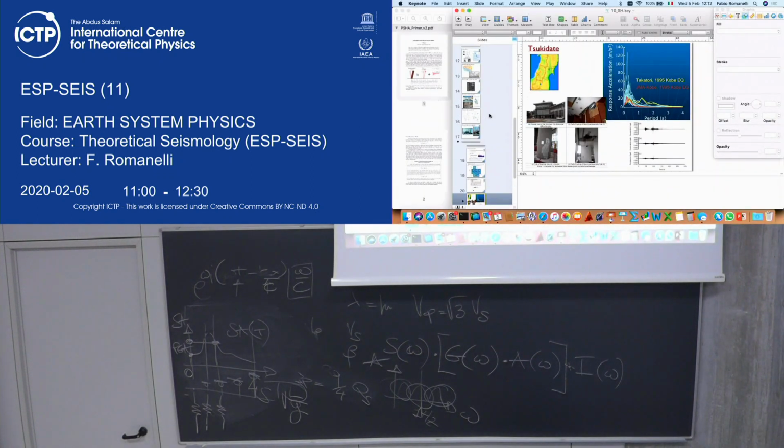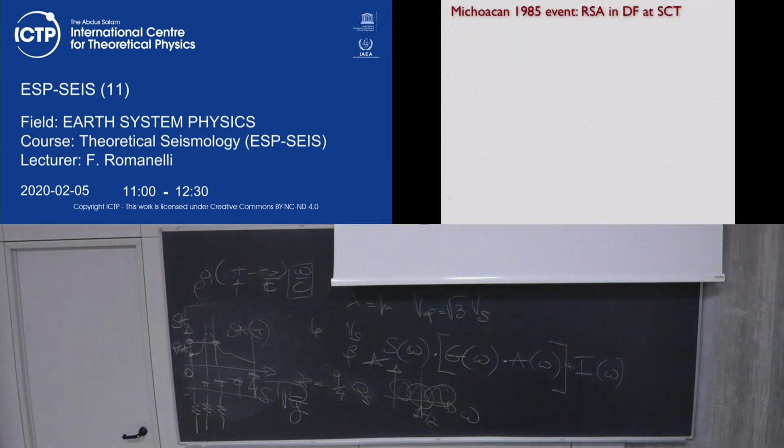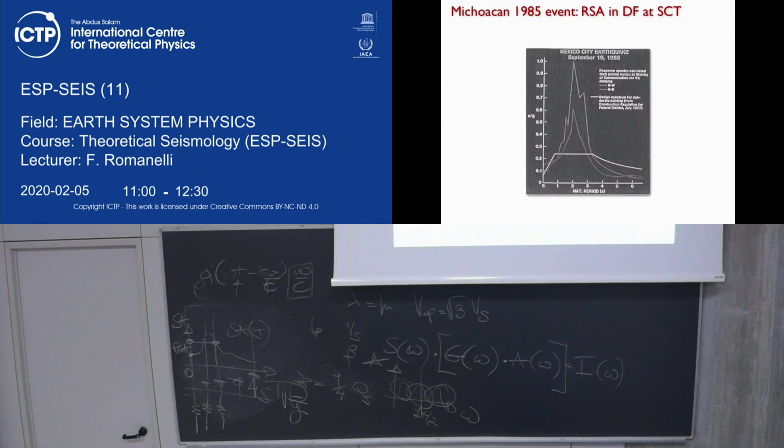Now, let me move here, because you will see another terrible example of nature and a design code. Usually, I start my talks about hazard with this. And I'm jumping back and forth, okay? What do we have here? Well, that's the design code that was valid in Mexico before September 1985.